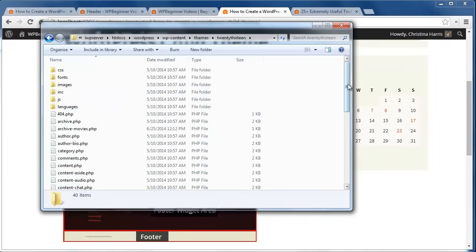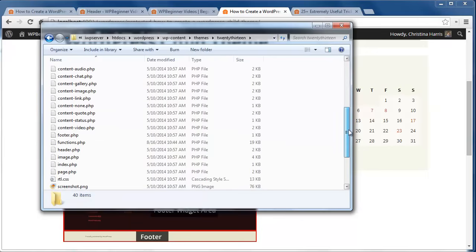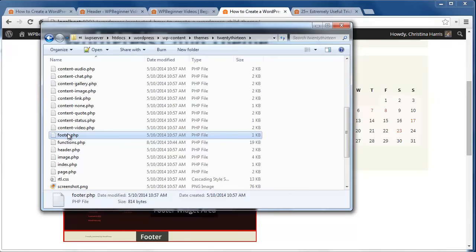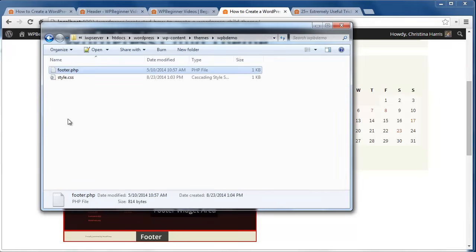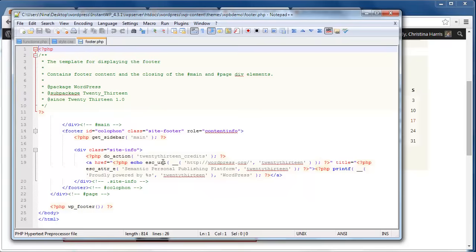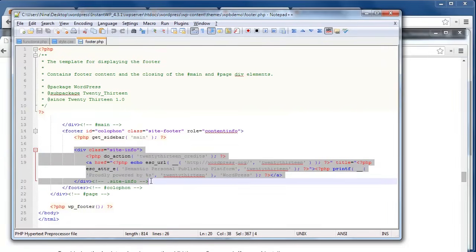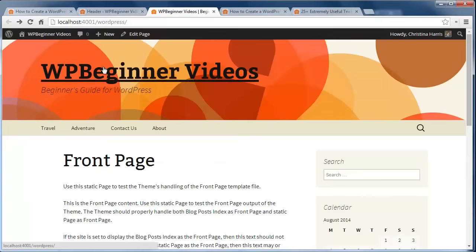the footer template. Go to the parent folder for 2013, find the footer.php file, and copy it, and go back to my child theme folder and paste it in there. Now I can open up this file and edit it. I want to replace the Powered by WordPress area with a copyright notice. I'll find the code I'm working with and replace it like this. Once I click Save, I can go to my site to refresh and see that I've removed that part in